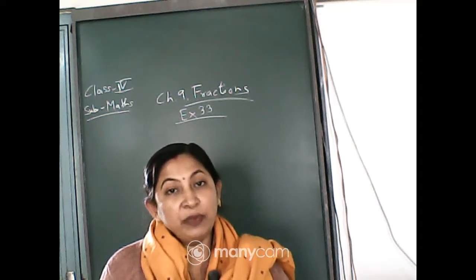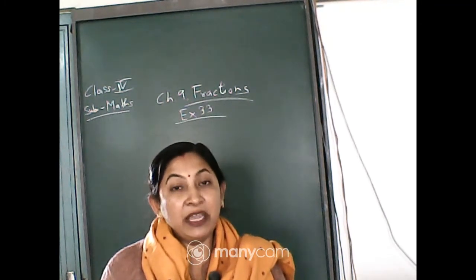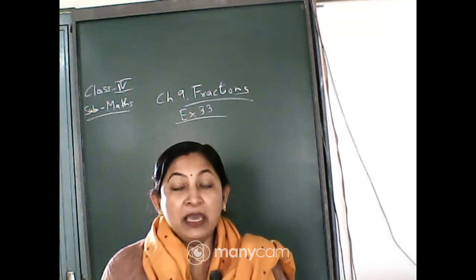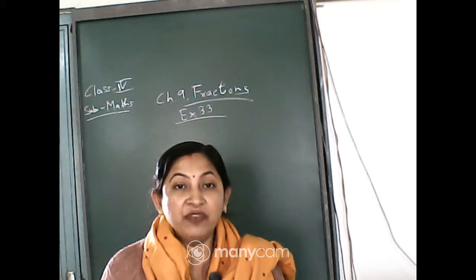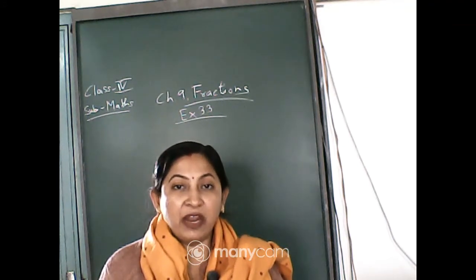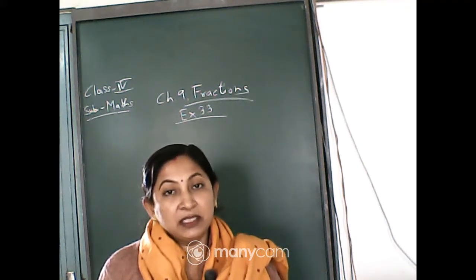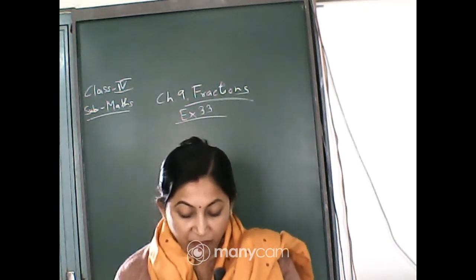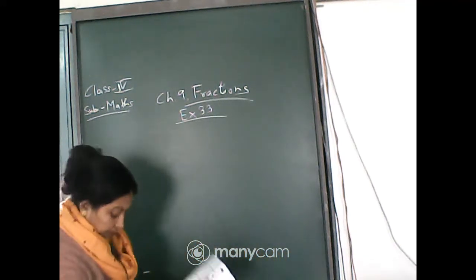Okay. If the denominators are changed, the rule is changed, but if the denominators are the same, in that case the number which is bigger will be the bigger fraction, and the number which is smaller is the smaller fraction. See, for the first one, number 1,